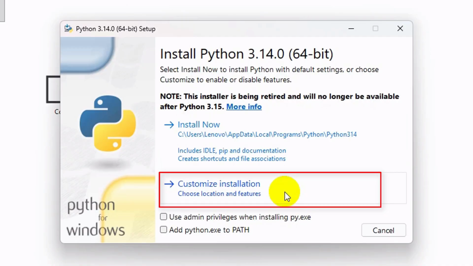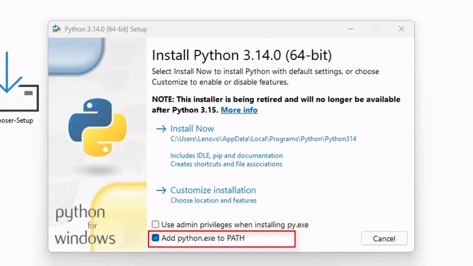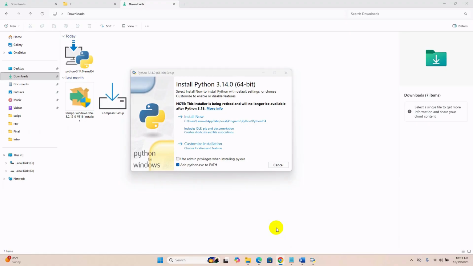Before you do anything, make sure to check the box that says Add Python 3.14 to PATH at the bottom. This is a crucial step. It ensures you can run Python from the command prompt without extra setup. This option automatically adds the Python 3.14 installation directory to your system environment variables, allowing you to run Python from